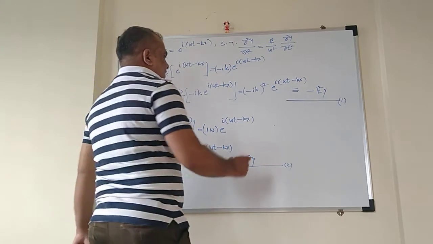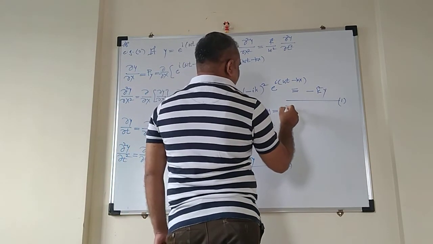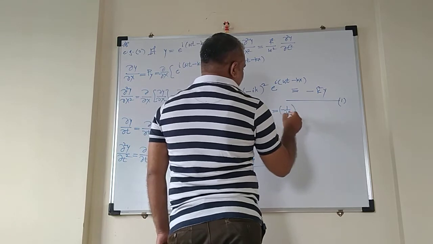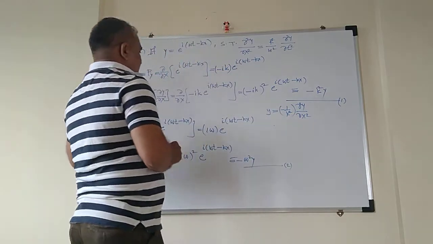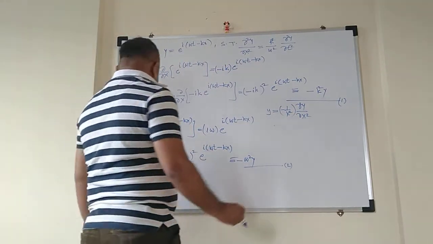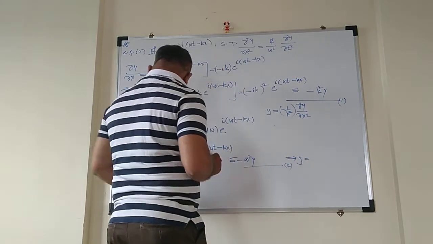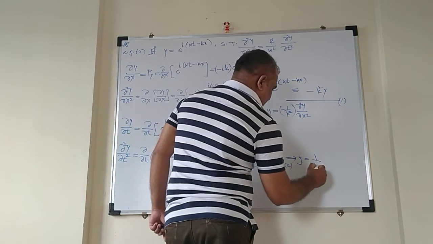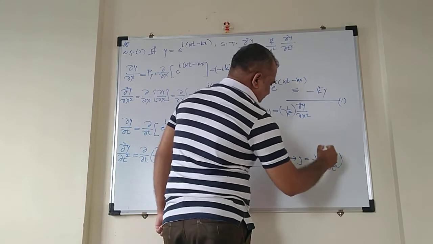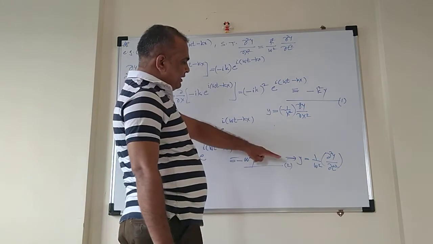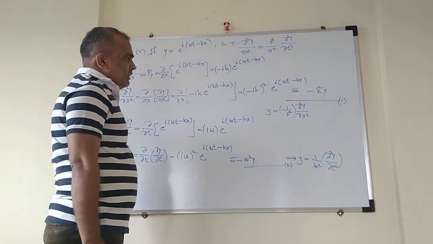Let me write the first equation. I can say y is equal to minus 1 by k square into dou 2y by dou x square. Isn't it? Similarly, here I can write y is equal to 1 by omega square into dou 2y by dou t square. Fine. And if you compare these two equations, both are the values of the function y, and hence